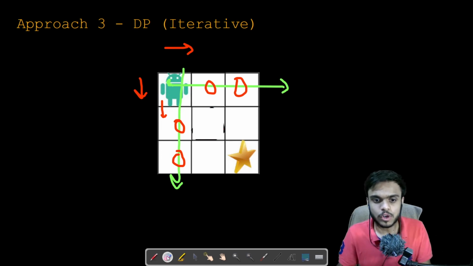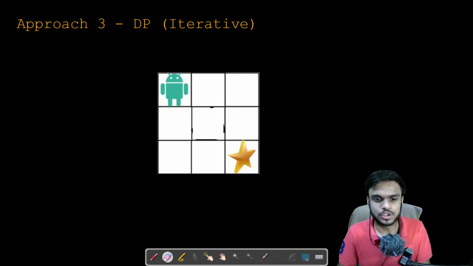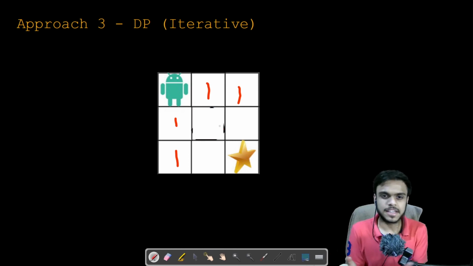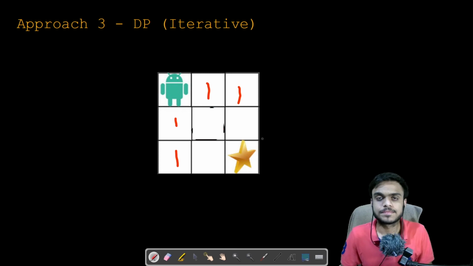Okay, so for all the values that we have in the first row and first column would be 1. And I think you now got why it is possible, because of the constraints that we are given. Okay, and one more thing, that there is no obstacle here. I have taken a simpler example to explain this. So now that we have seen the first row and the first column, I want you to note one more observation that we have.